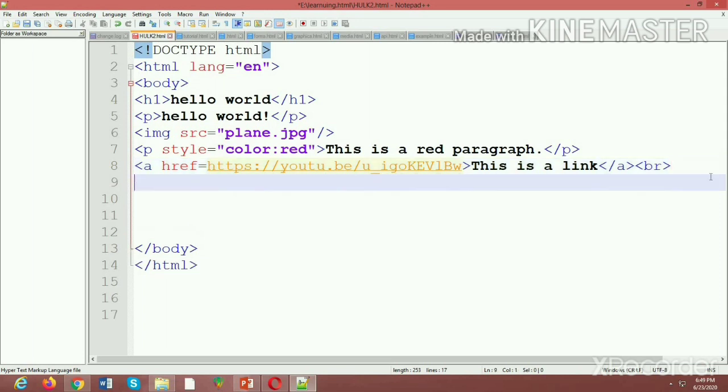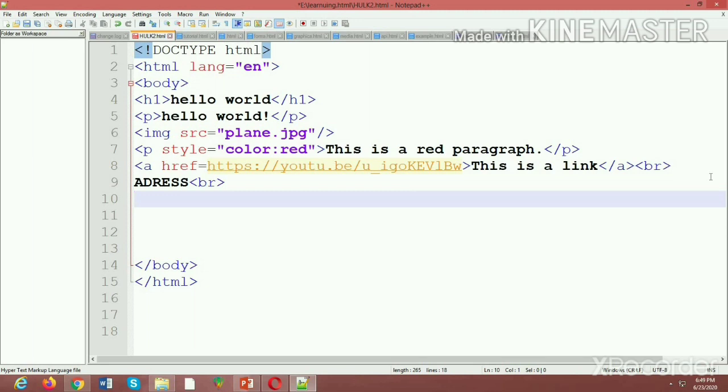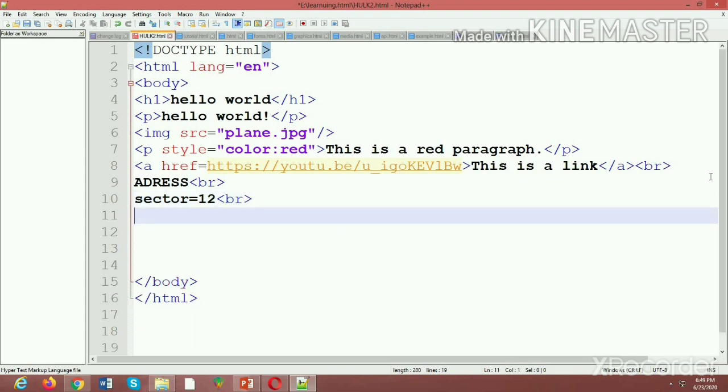First I'll add the address, then a br tag, then the sector, I'll add sector 12, then a br tag. You don't have to close the br tag.